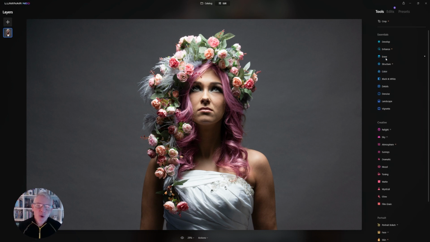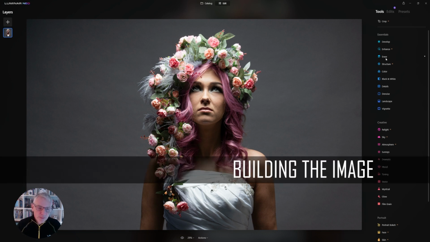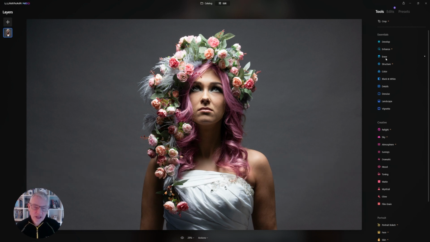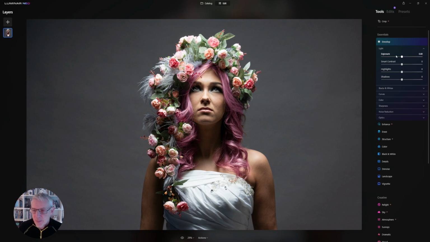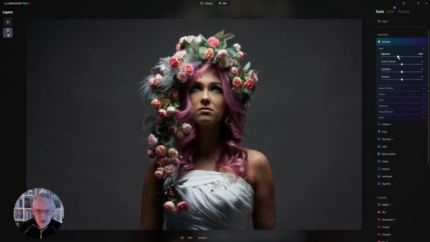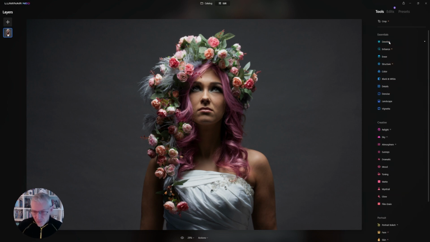I'm not going to be working in a linear fashion. I try and build up an image going by the effects that are applied. I know what I want to see in the final outcome of this, so I'm going to head straight for that. I'm going to jump into the develop module and pull the exposure down a bit, and lift the shadows just in around here. So now that I've done that, I'm going to jump back and forward through